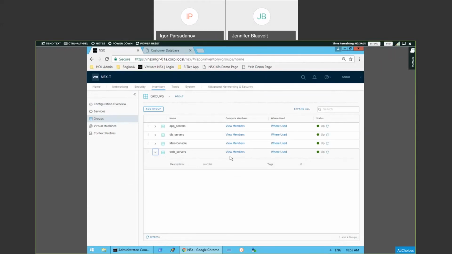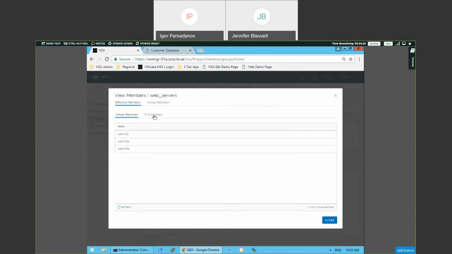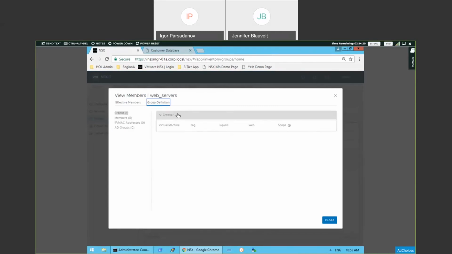This is actually done using tags. So we have our virtual machines that are tagged with certain functionality. And in this case, we can take a look at the web servers group, and we can take a look at the group definition. And the criteria for falling into the web servers group is virtual machine tag equals web.